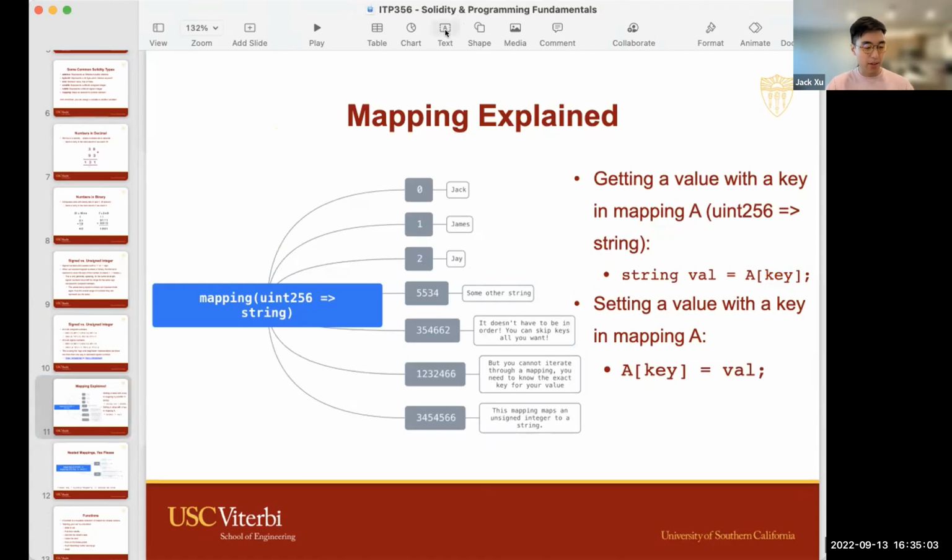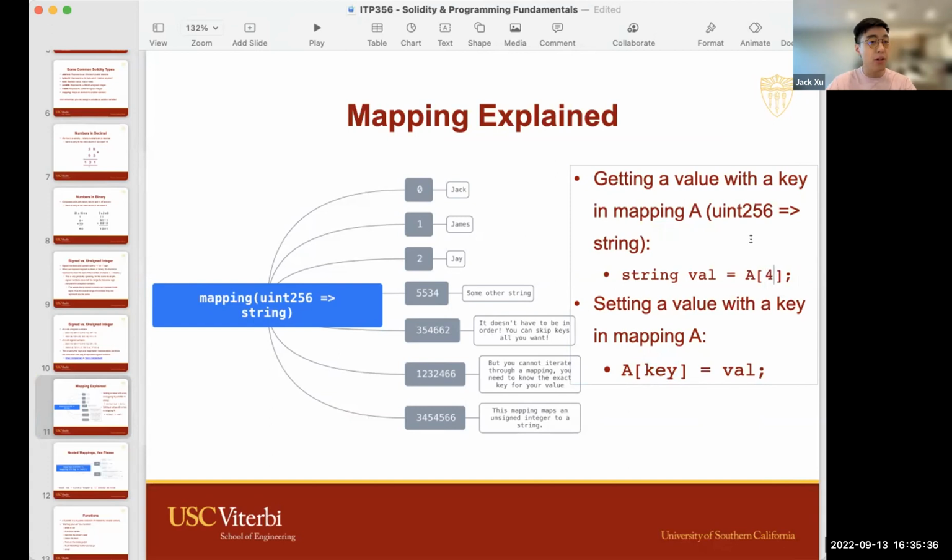With dynamically allocated arrays, you can't skip indices, and an array has a size. But the mapping actually doesn't. The reason being, if all values that haven't been initialized default to the default value, then if we do A4 here, we're still able to get back a value. It's just an empty string.